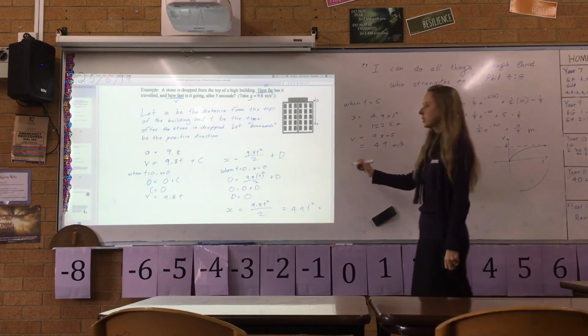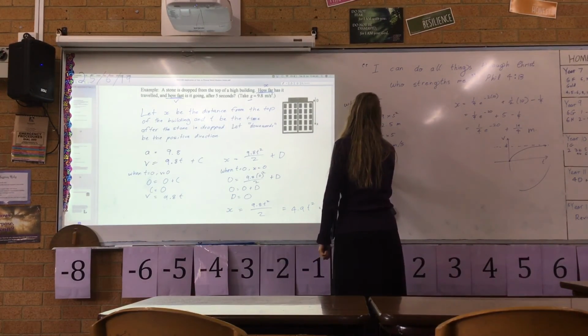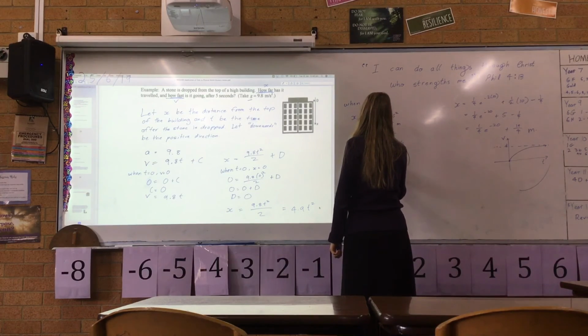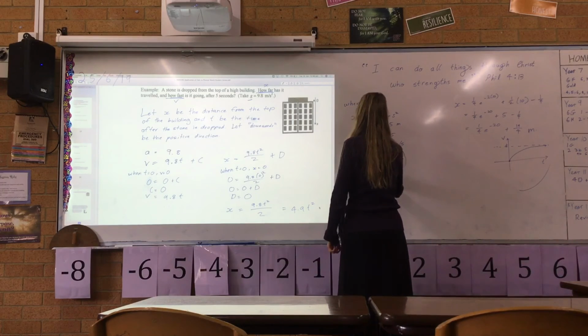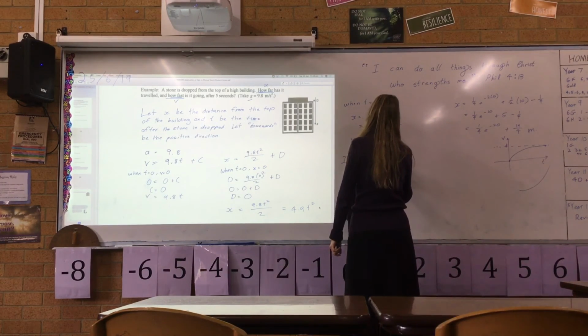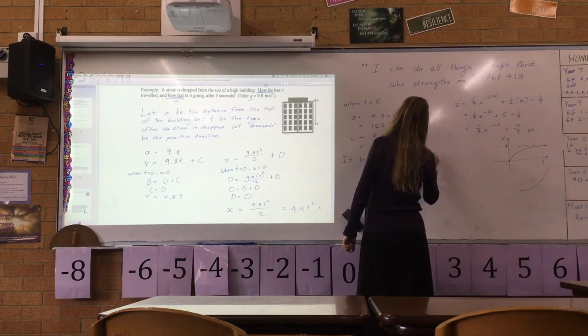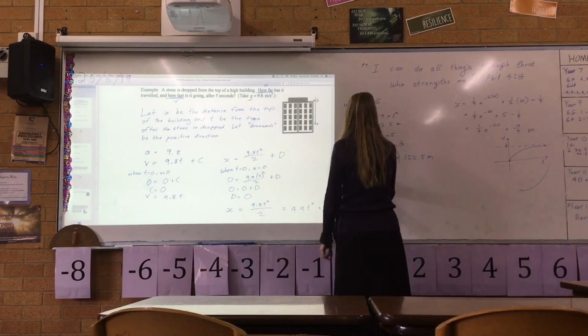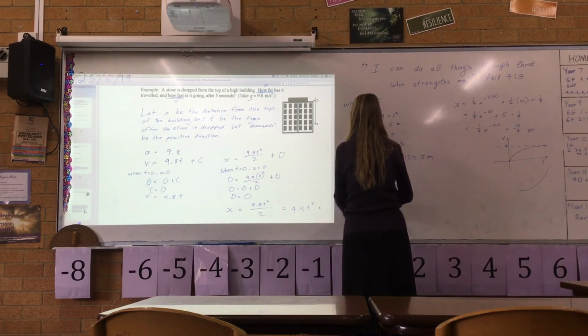So we could just make a statement: the stone has dropped 122.5 meters and is travelling at a speed